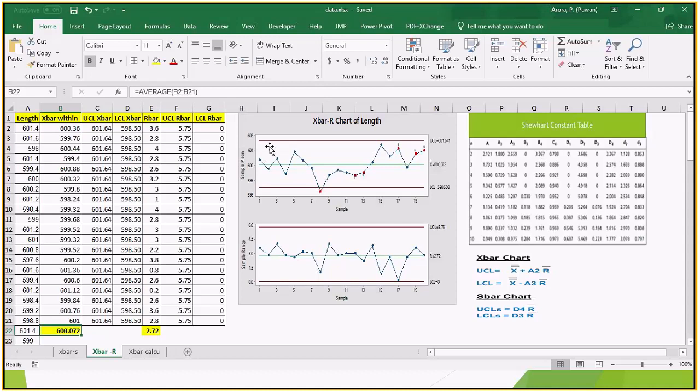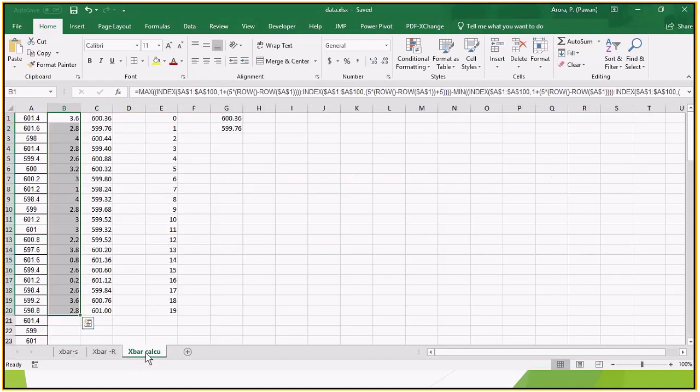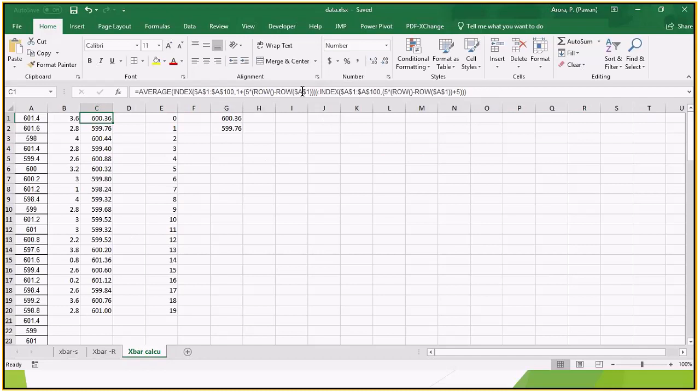Now let's talk about these points which you can see here. From where are these points coming? As I mentioned, this is your X bar chart. So these points are coming as the average of every 5 subgroup. This is the average of every 5 subgroup which I have taken here, correct? Now there are two ways to do it. In Excel, let me go to the calculation sheet. I'll calculate it for you. So this is a very big formula you can see here. I put it just to take the average,